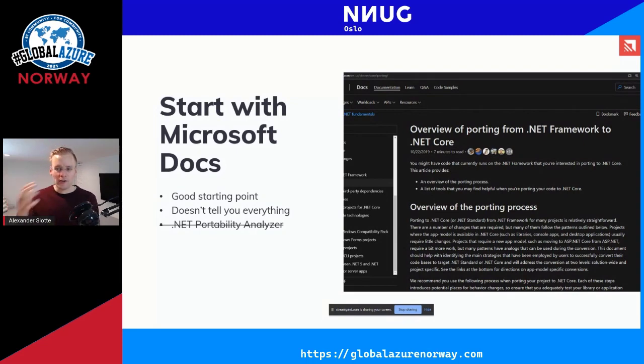But there's a reason why it says 7 minutes to read and not a month, right? It's because it's very general. It's not going to cover the specific scenarios you're running into or your specific application. But it's going to give you at least a starting point to understand what the big building blocks to move your application are. The documentation also suggests that you download and use the .NET Portability Analyzer, which basically is a